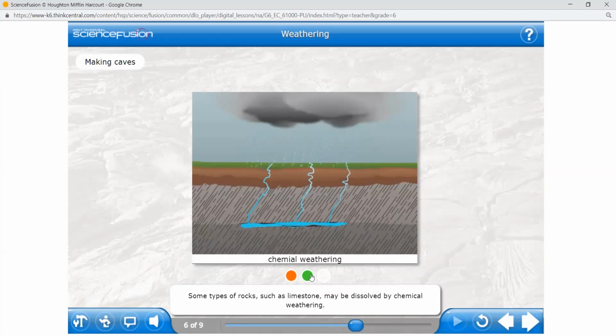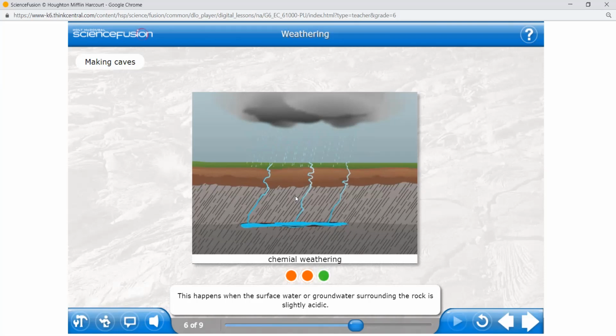Some types of rocks, such as limestone, may be dissolved by chemical weathering. This happens when the surface water or groundwater surrounding the rock is slightly acidic. Girls, did you ever study about rocks before, igneous and sedimentary? Ever study that rocks are formed from lava or volcano?